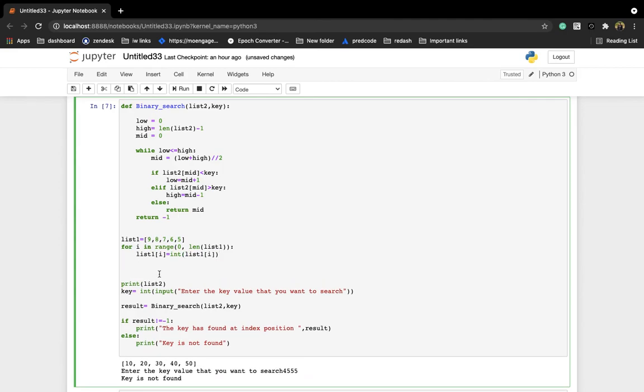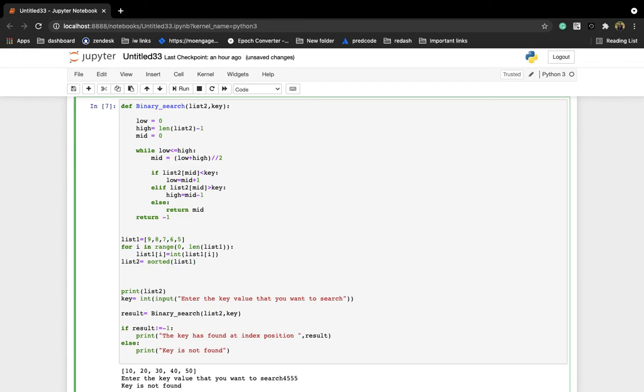And then I am writing here list 2 is equal to sorted. This is a predefined function which will sort this list. Okay, list 1, right?